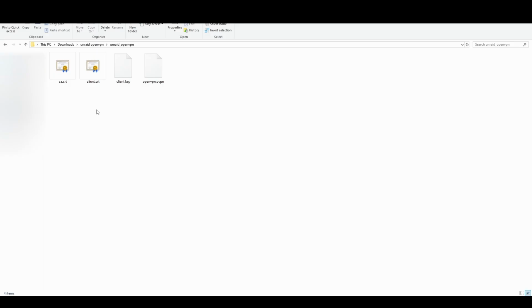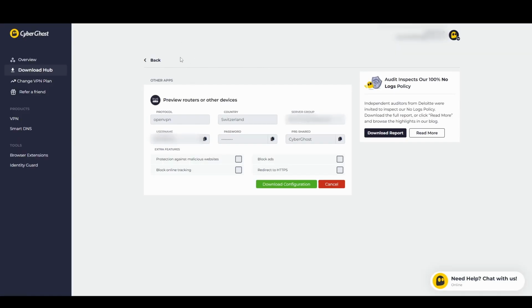We would need 2 of these files. We would need this client certificate and client key file to complete the configuration of Gluetun VPN. Now we have everything that we need from our CyberGhost. We have the configuration, and we have also saved the username and password, so we can go ahead and move